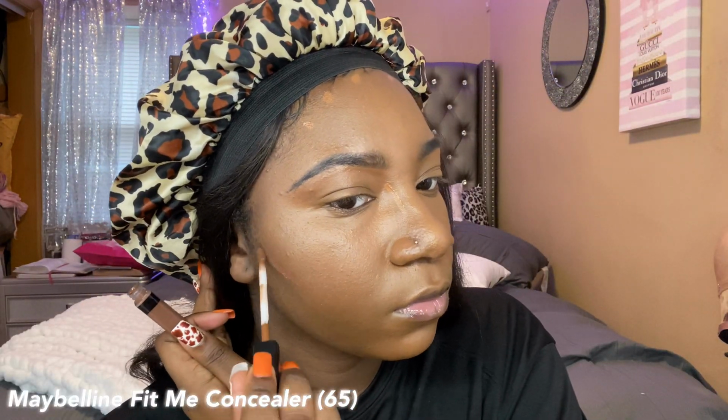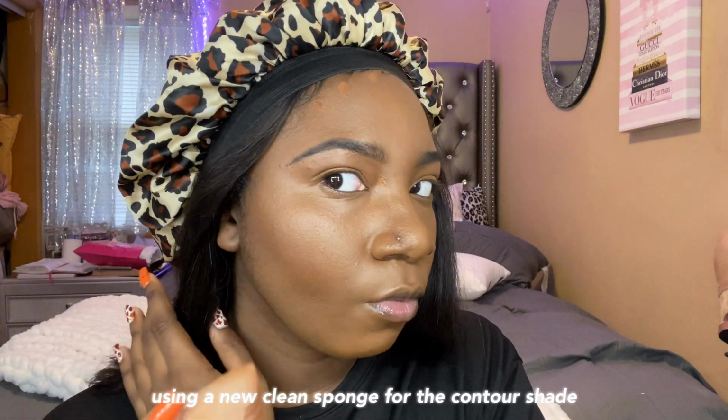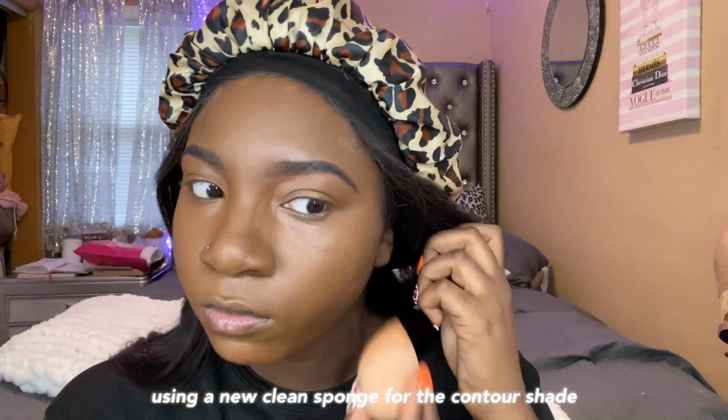And now I'm going in with what was supposed to be my darker shade for my contour, but y'all see me fixing it. It was the same shade that I initially used and put down first for my highlighter. That was just a little bit lighter than my skin, and then I went over it with my darker